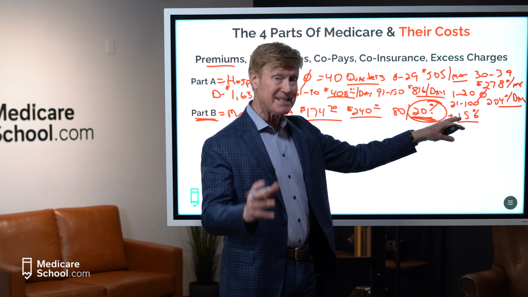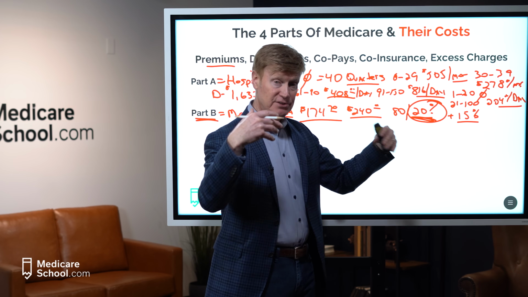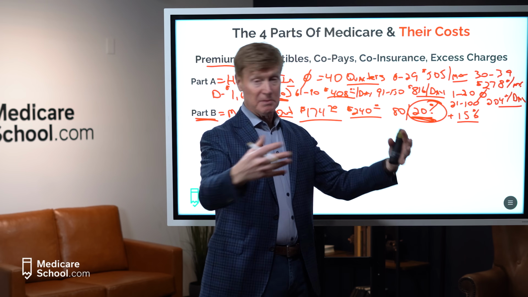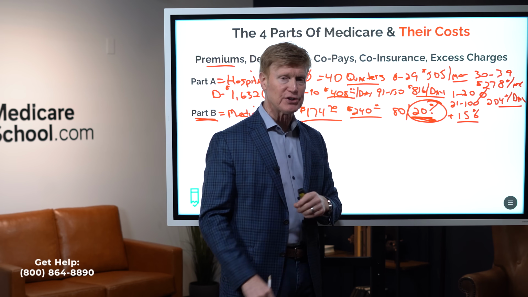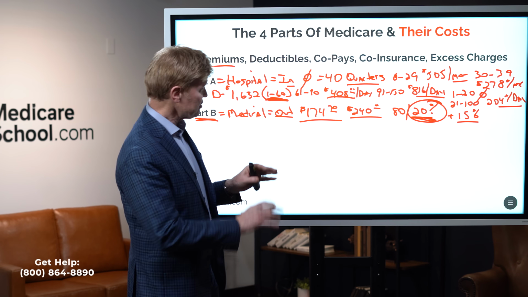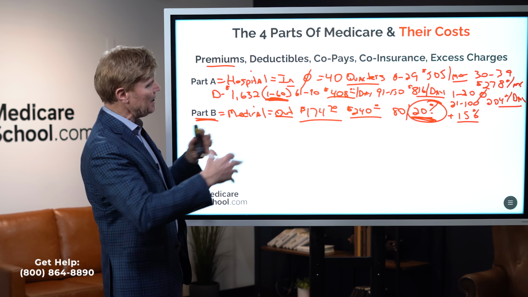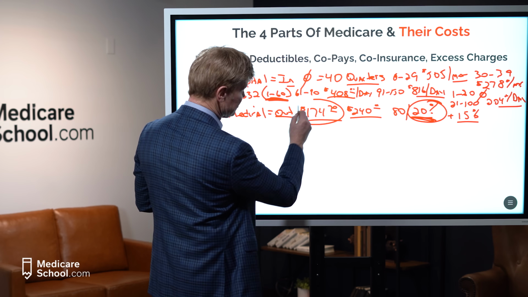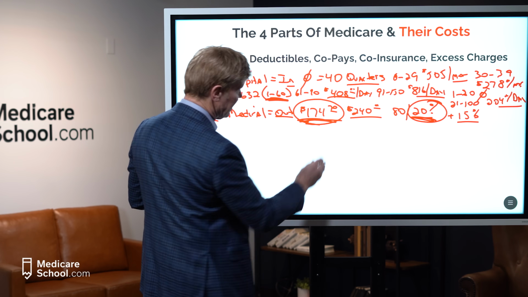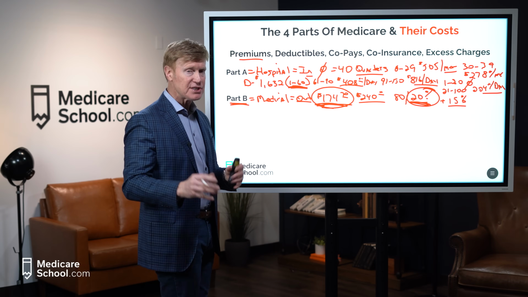But when it does, that means that doctor can still bill Medicare and still see Medicare patients, of course, but they're going to add 15% to the bill. That's called an excess charge. All right? Okay, so those are the different out-of-pocket expenses when it comes to the B of Medicare. And again, we're going to talk about surcharges here in just a quick second, and that would be above and beyond the Part B standard premium.